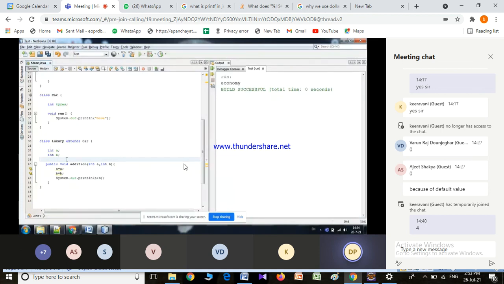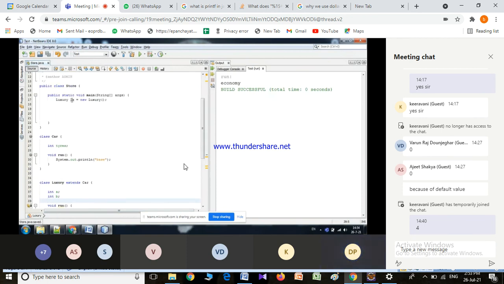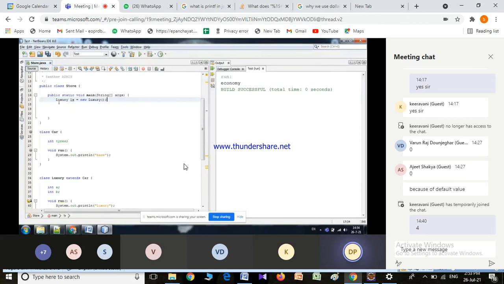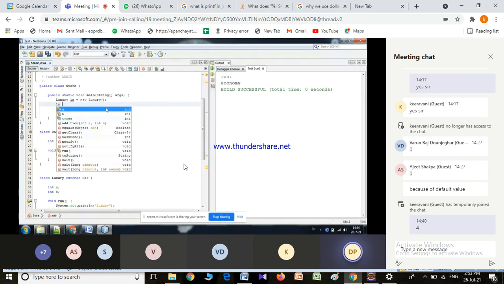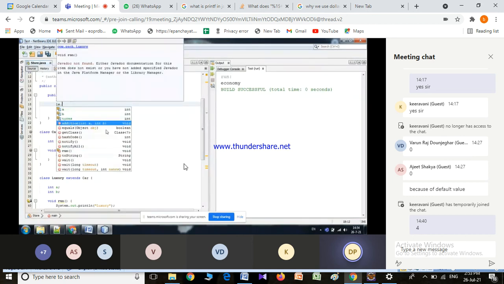I will write here: I am creating the object with the child reference. Now if I see here lx dot, I will have both the run method and the addition method.